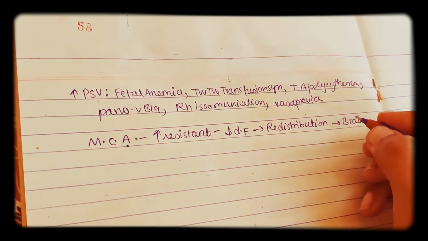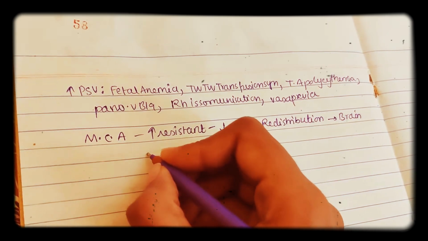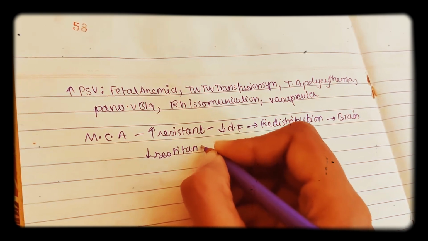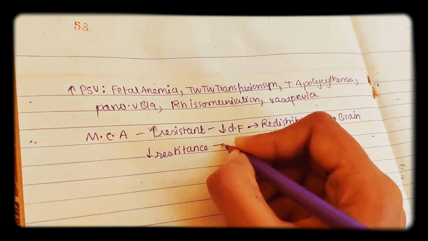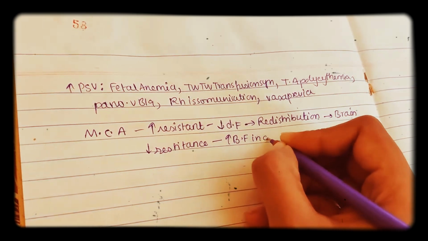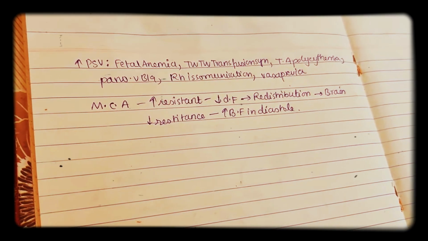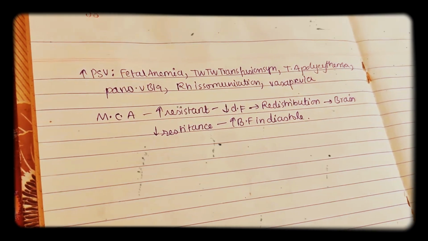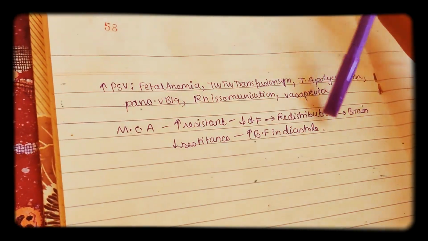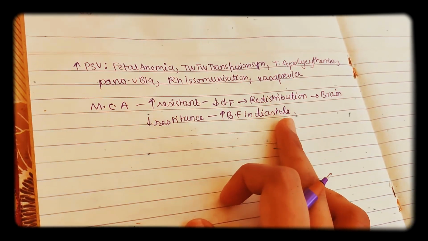So what happens now is, because more blood is going to the brain, the resistance is decreasing in the MCA, that is the middle cerebral artery. So because of that there is more blood flow in diastole. So this is very important. Now what I am going to say is, you need to see that especially in the case of intrauterine growth restriction or hypoxia, only in the middle cerebral artery you will see there is more blood flow in diastole.